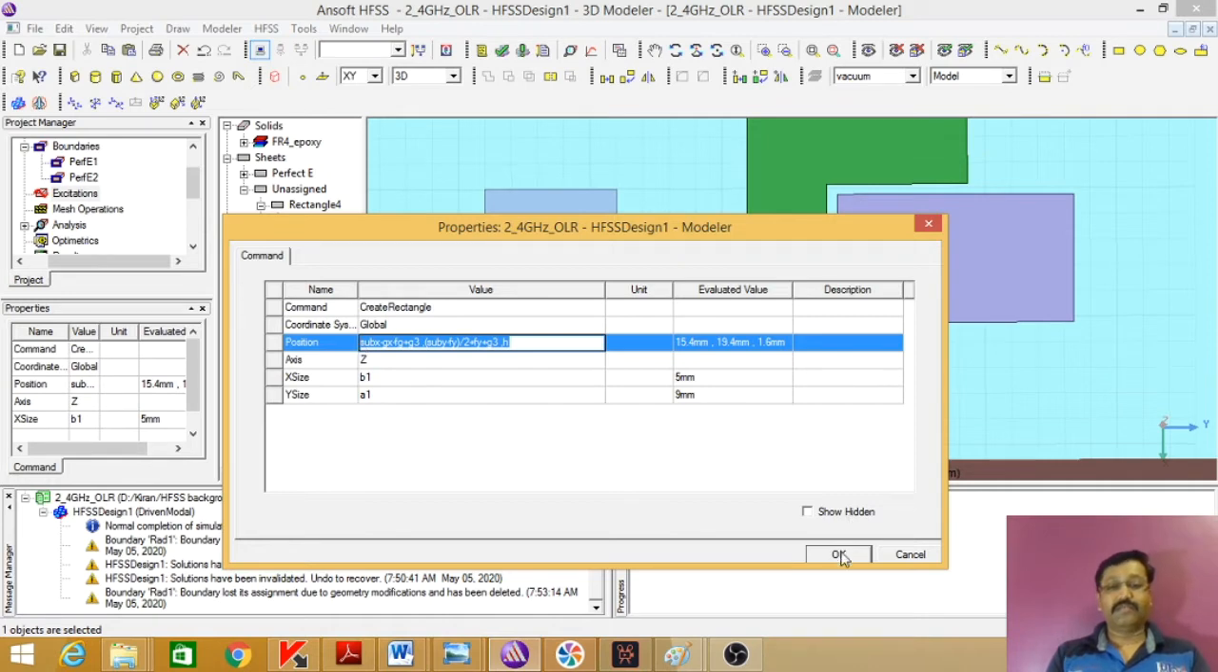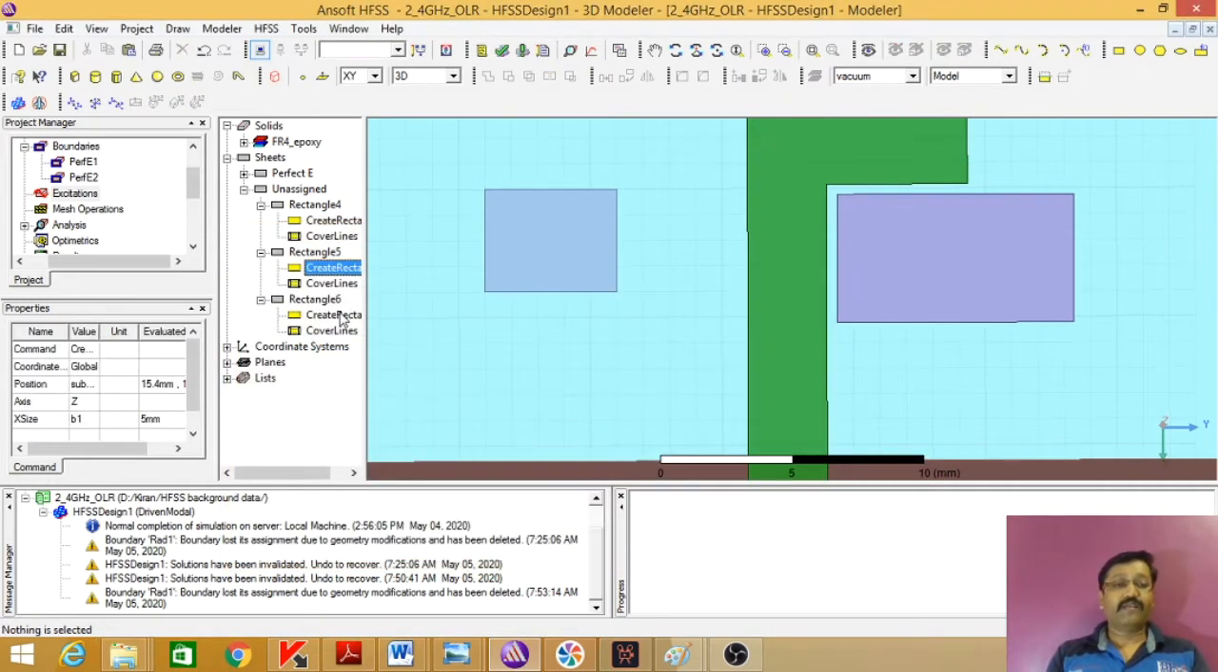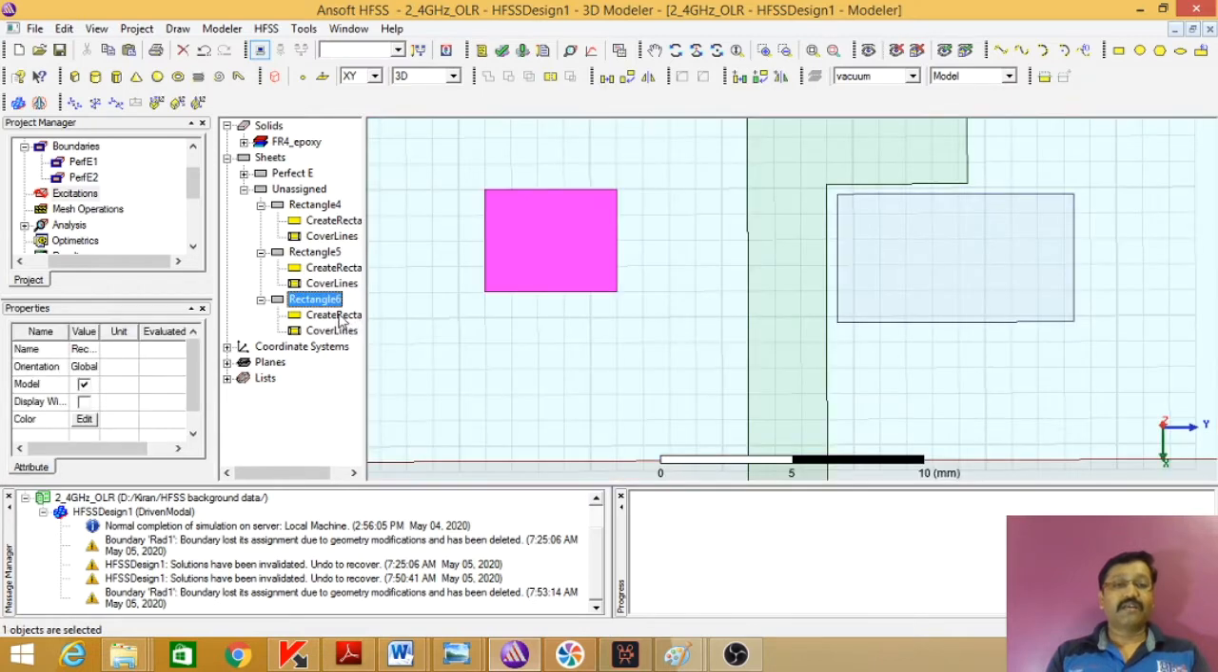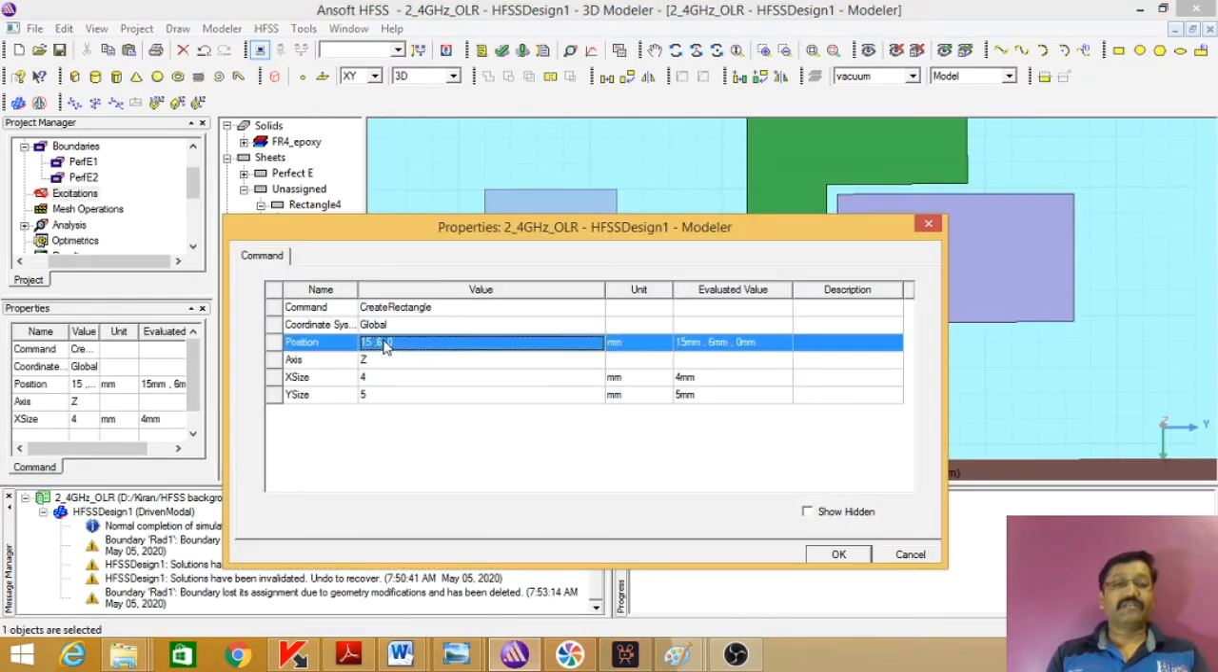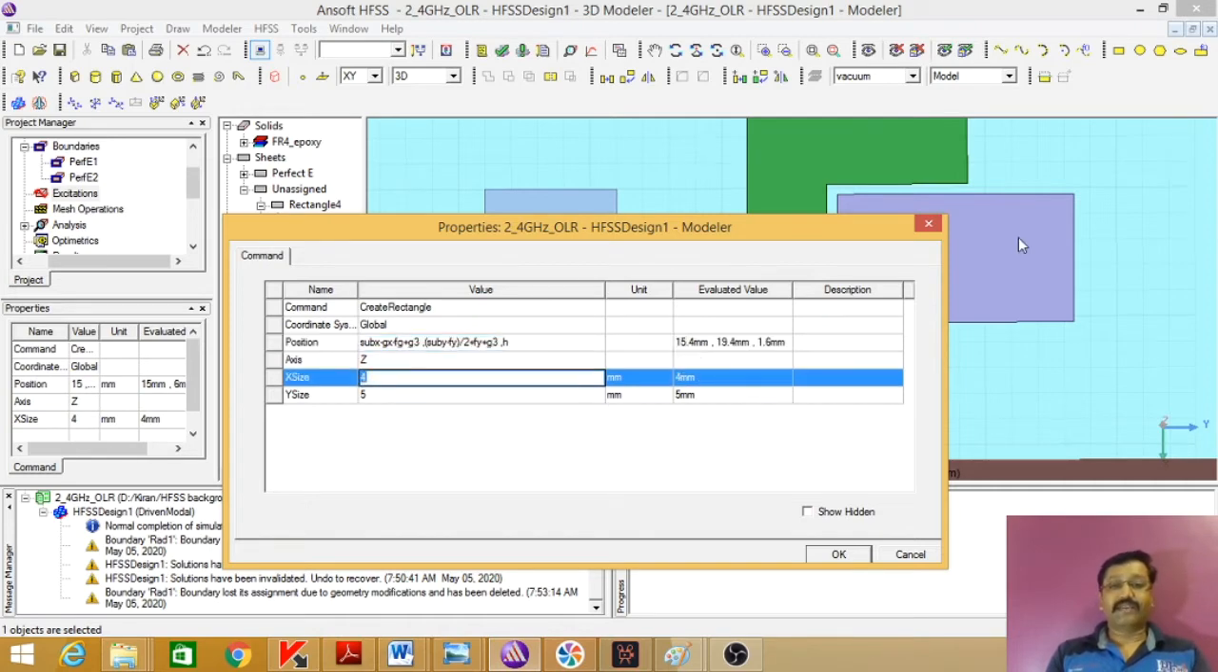Control C. Okay. I'll go to this rectangle, create rectangle. I will just paste it here. Control V. Then X size. X size means this size. So this size is A1 minus 2